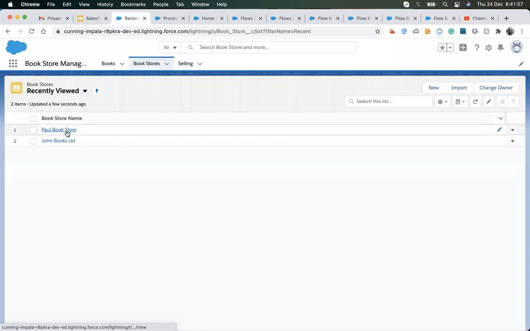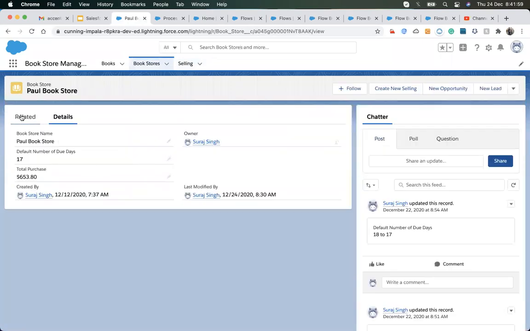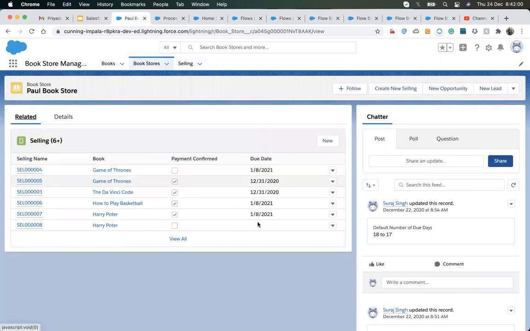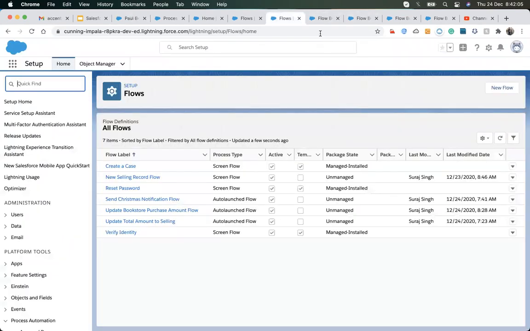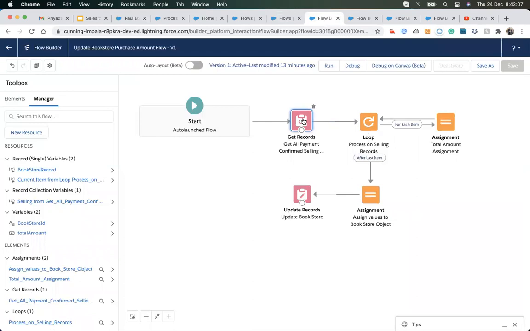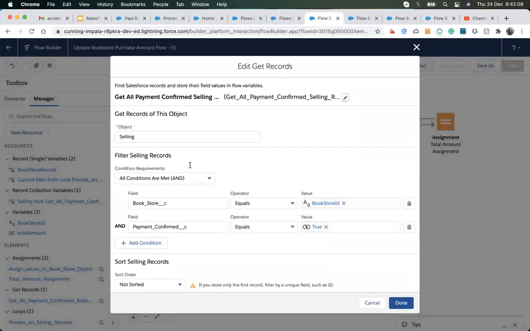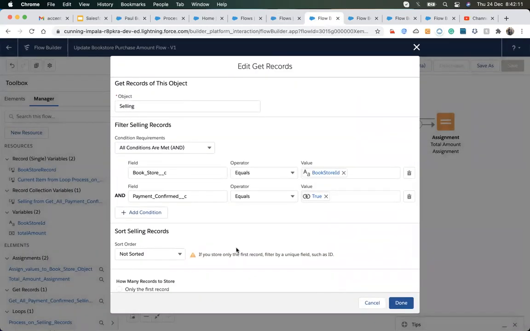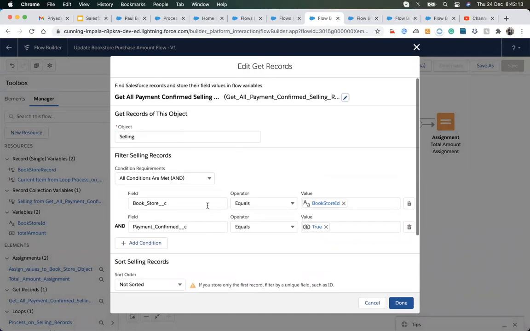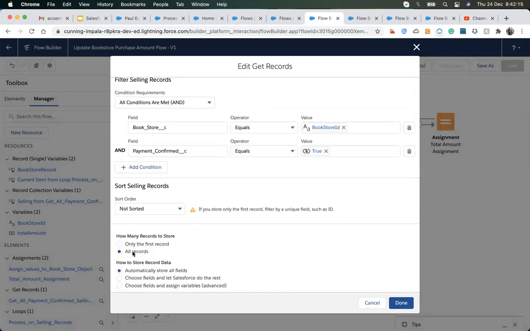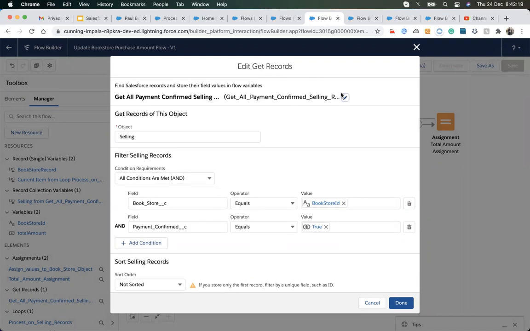Each bookstore can have one single selling record, or multiple selling records. So I fetched all the child records into a variable, and since I chose all the records, this becomes a collection variable.